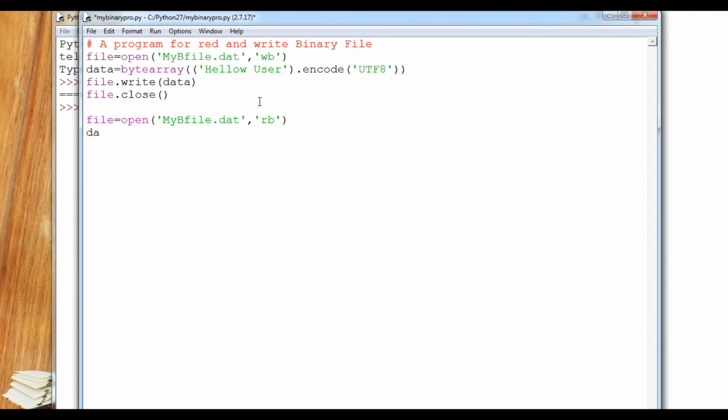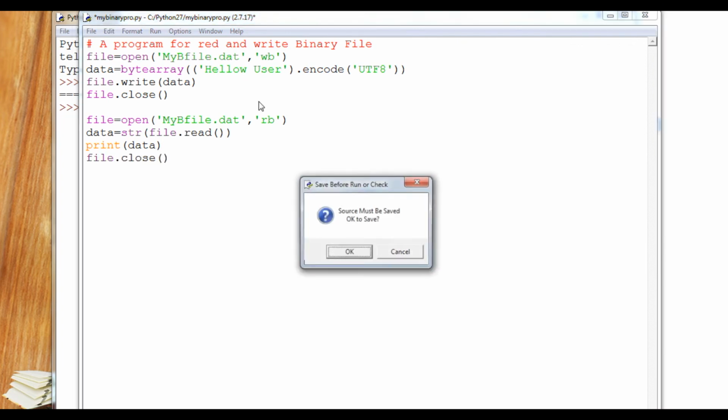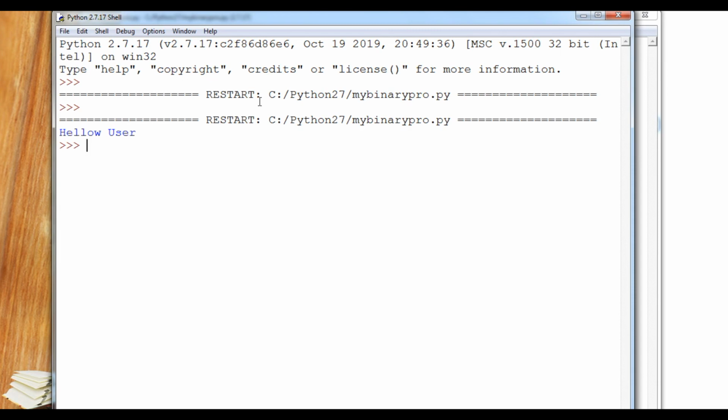Suppose my converted data is data str, because I have to typecast into string as well. I am using the string data type. So here the file dot read method, and then print data, and then file close. Run it, and now you can see hello user has come.